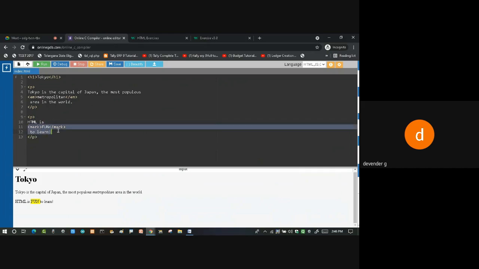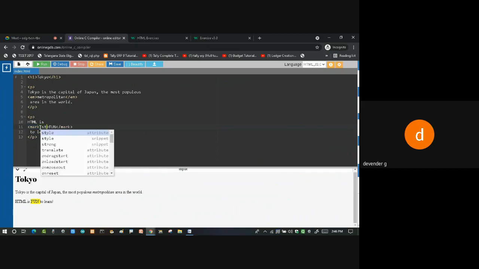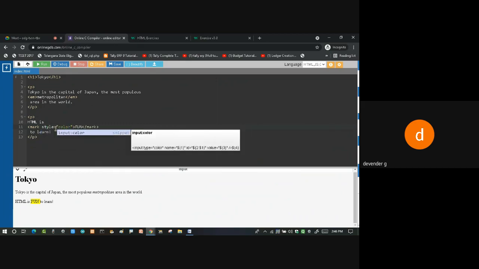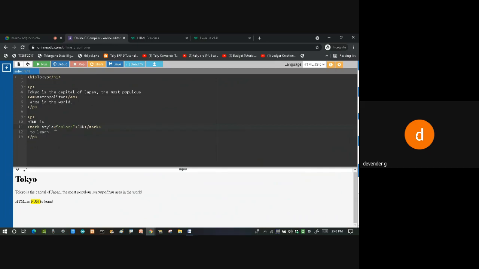So the question is how you are going to highlight this text. If you want to highlight with yellow color in this fashion, I'm going to get this. Can we change this color? By default it's a yellow color. We know already about the style, so can we do this? I'll say this color should be something called red. Let's see.